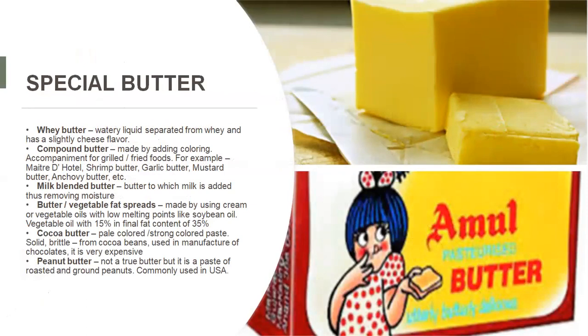Shrimp butter, garlic butter, mustard butter, anchovy butter, like that. Milk blended butter next is butter to which milk is added, thus removing moisture. Then butter vegetable fat spread made by using cream or vegetable oil with low melting point, like soybean oil, is added to it. Next is cacao butter, pale colored, strong colored paste, solid, it is brittle, from cacao beans used